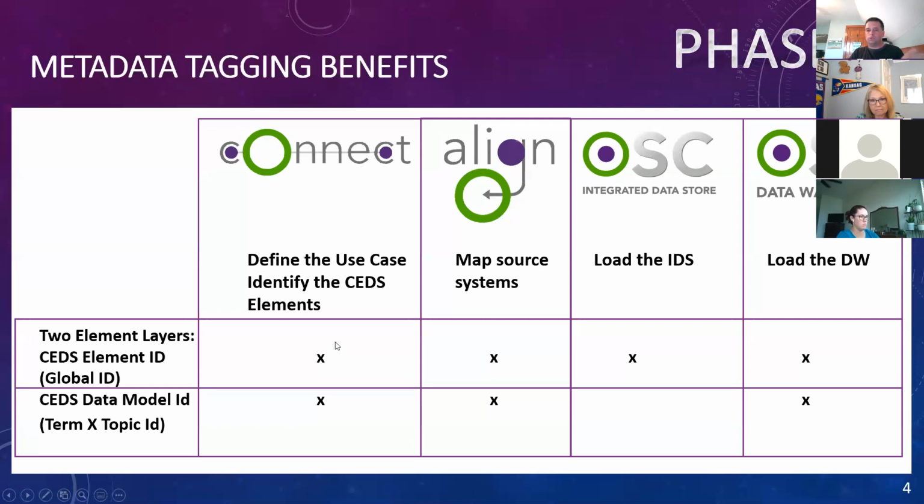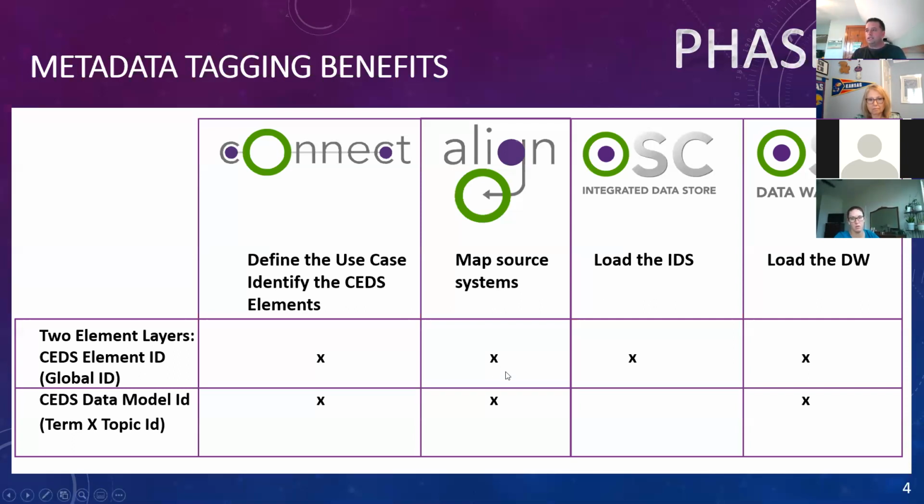So the Connect tool, when you go to create a use case and you pick an element, the element you pick is within context. So it has both the data model ID and the global ID associated with it. So we know from your use case exactly which elements you would need in the warehouse or in the IDS to make that use case a reality, to see a report around that. And we know not only the global ID, we know within context, whether it's the first name of the student